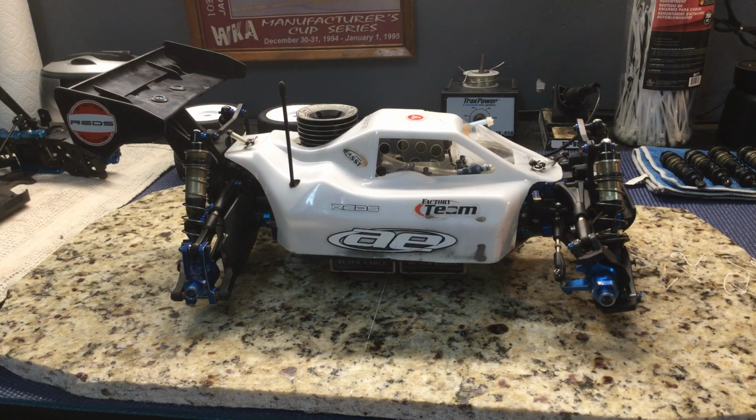Hey guys, I want to talk to you a little bit about droop and droop setting and obtaining a good measurement. This measurement's more for the racers, but hey, anybody can apply it. So let's get started. In previous videos, I've shown you how to do your droop measurement from the center